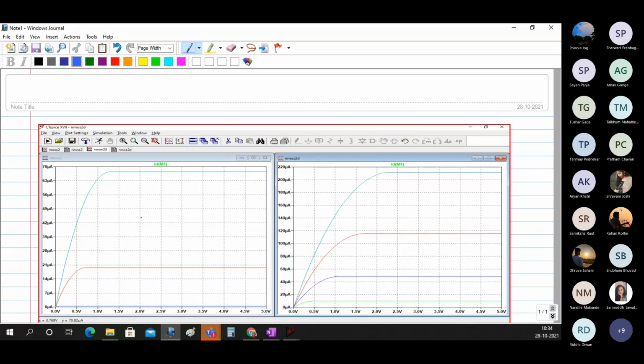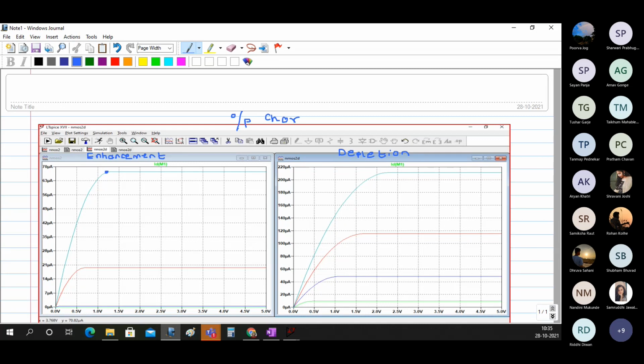So I think you can understand from here. The first characteristics is of enhancement type, and the second is of the depletion type. Both are output characteristics.